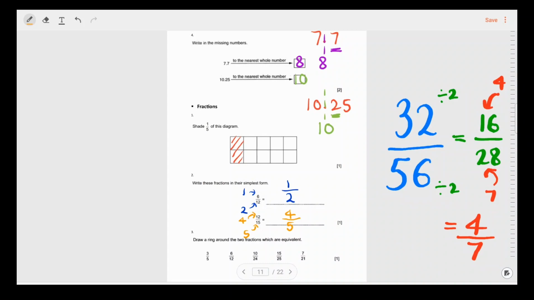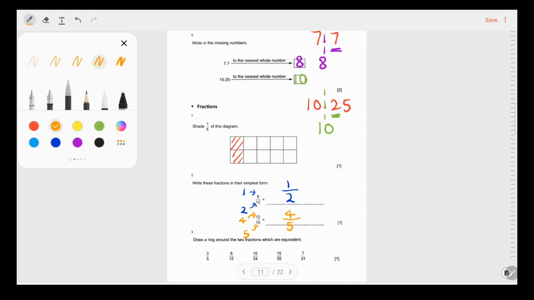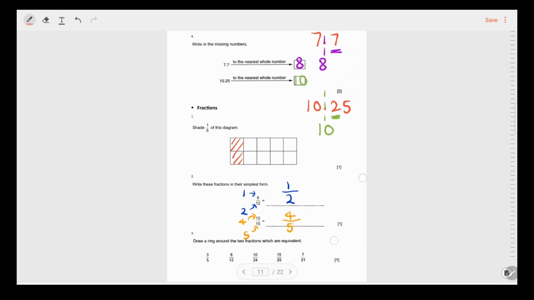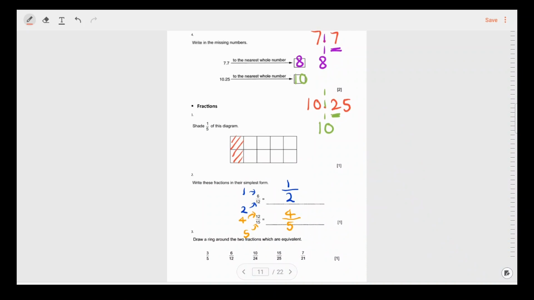Right. So that was just a bit of extended information from the paper, which I think is important. Question number 3 says, draw a ring around the 2 fractions which are equivalent. So in order to answer this,